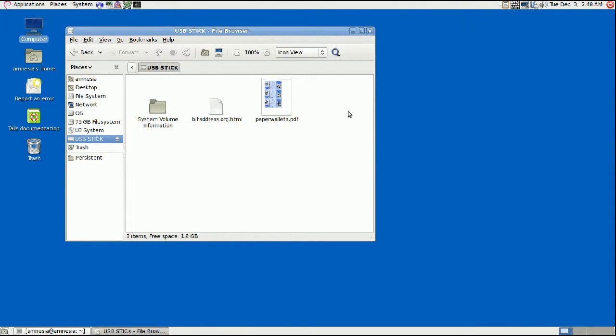Okay, so what we're going to do now is we are going to restart back into Windows, and we're going to print out this PDF file. But we're not going to reconnect to the internet just yet, so your router should be off right now. When you restart into Windows, just keep it off, and we'll reconnect later on. Okay, so to restart, you're just going to click on this little icon in the top right over here and just hit reboot, and I'll do that, and I'll see you back